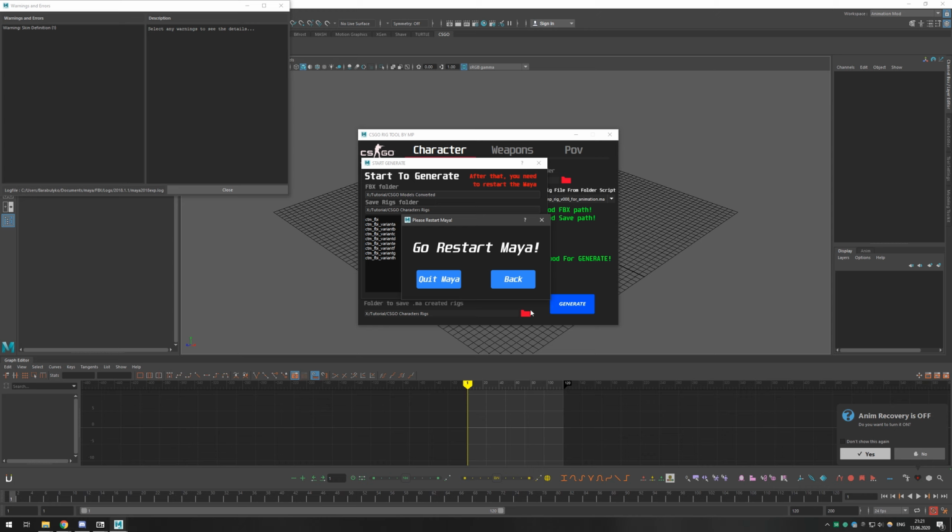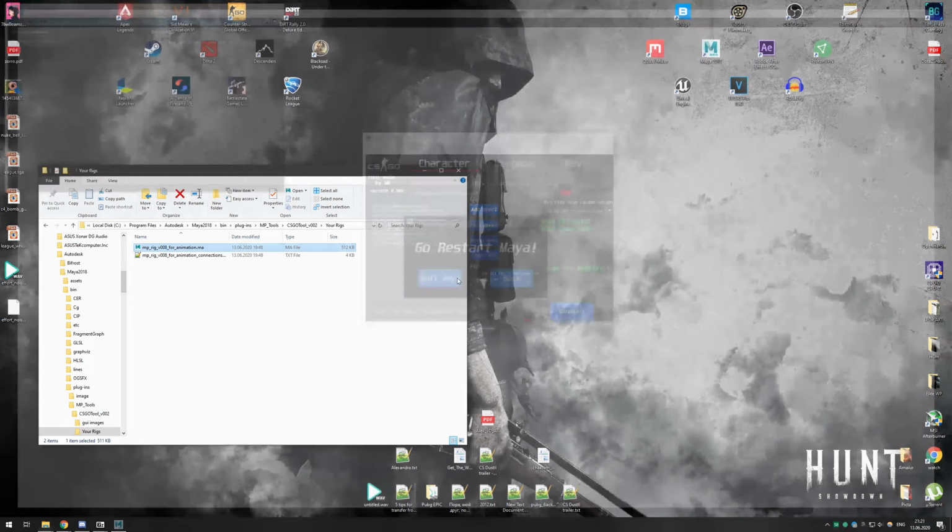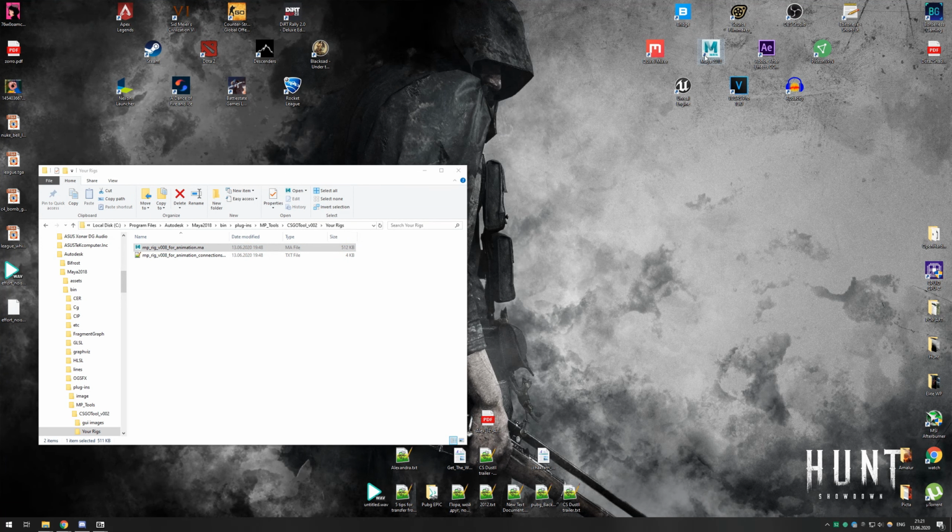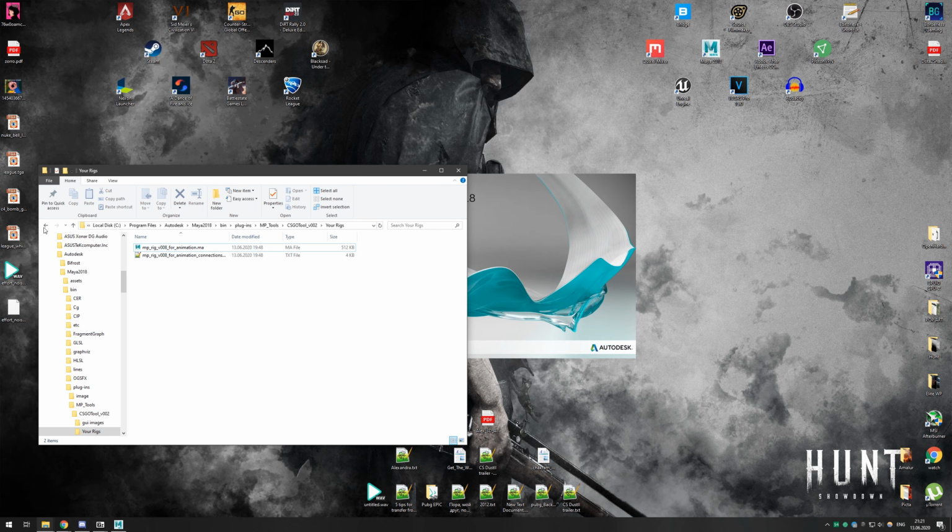So now we've converted all the models we've selected in the list, and now we need to quit Maya because some memory might be leaked, some functions don't get closed properly, so let's quit and start it again. Now I hope it will be faster this time.